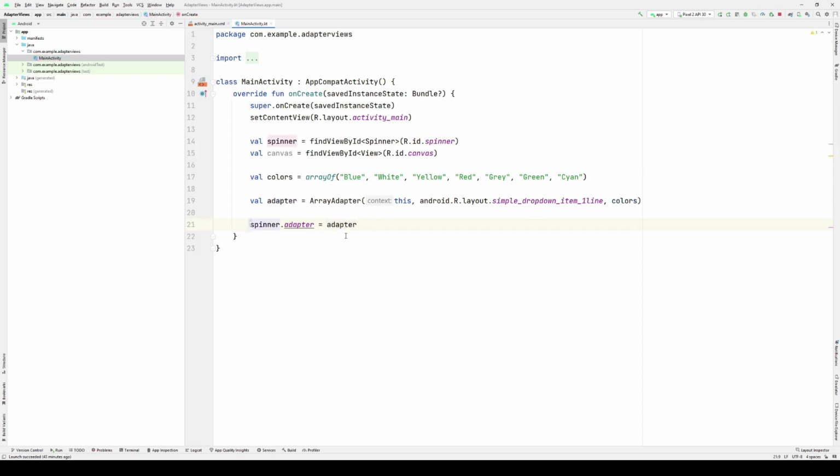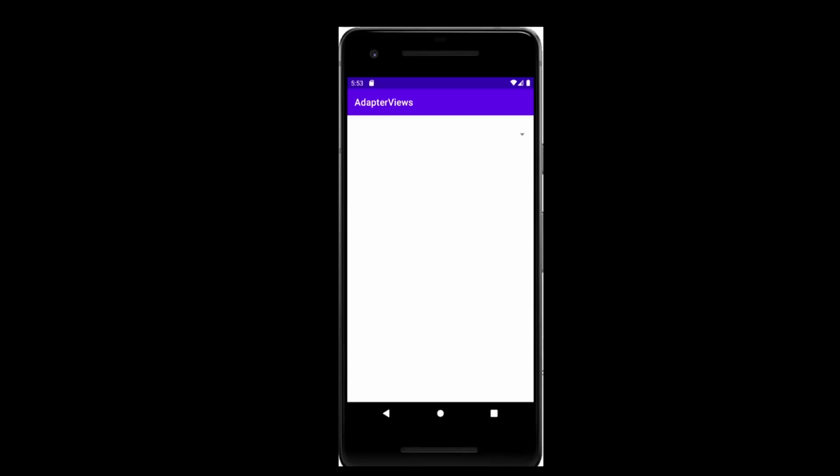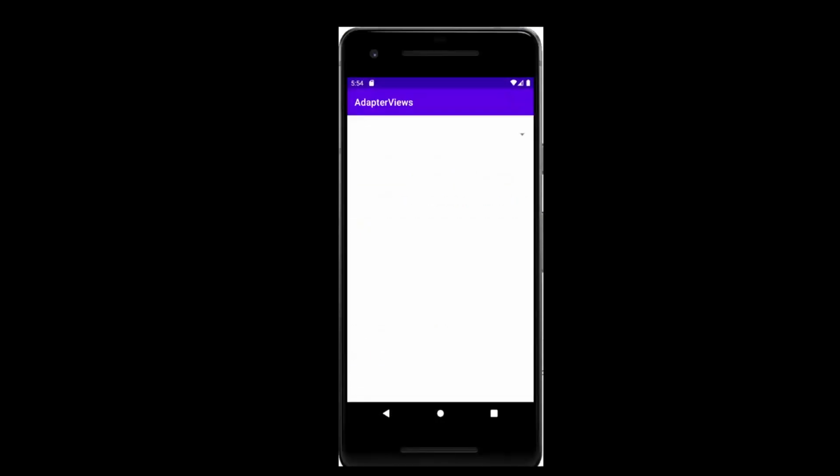And just so we can see the application running before I introduce the adapter, we have a spinner here with no elements. I'll now remove the comment, provision the adapter for my spinner, and now when my application loads again,